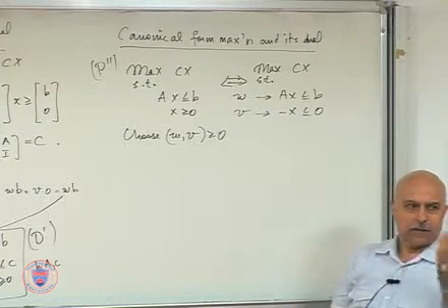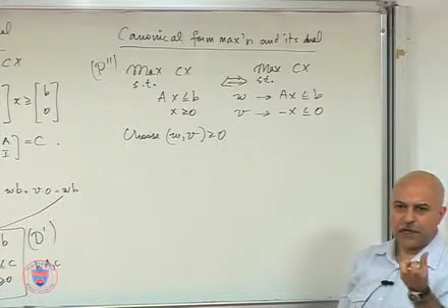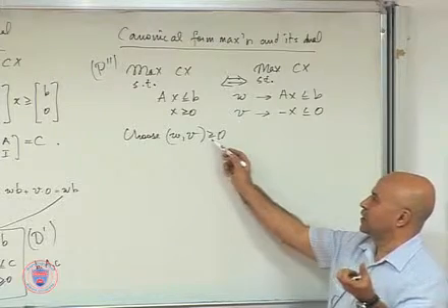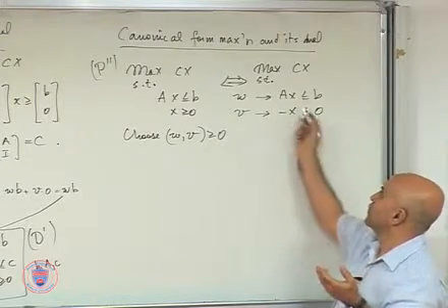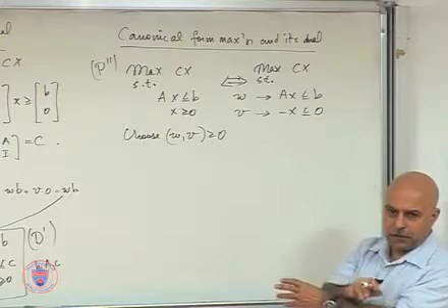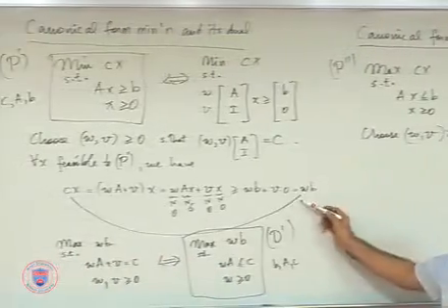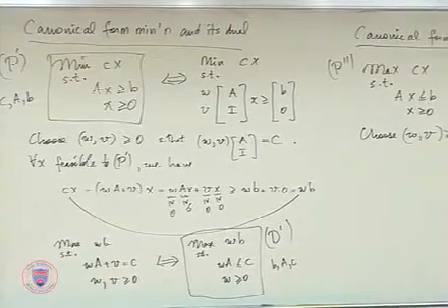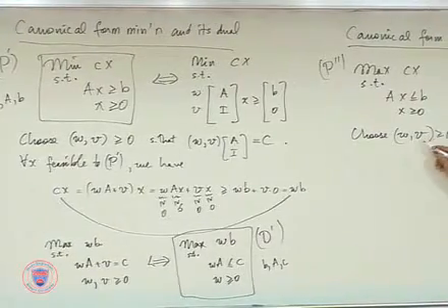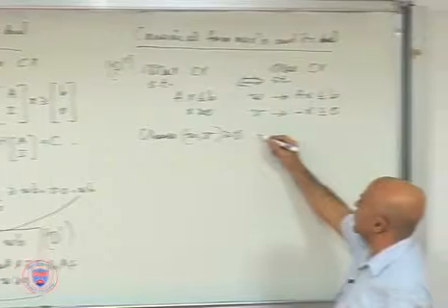If you have a switch of sign, or if non-negativity is not maintained, of course, some of the inequalities will reverse. Okay, that will make the lower bound invalid. In other words, we want to get to a lower bound. Okay, so choose WV greater than or equal to 0